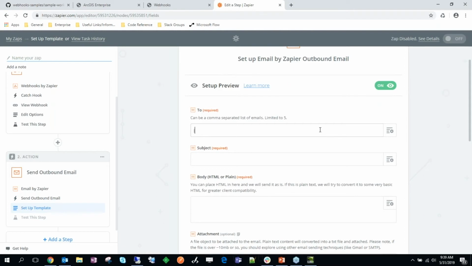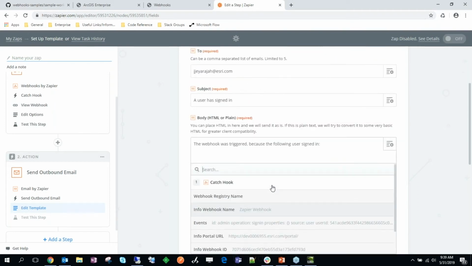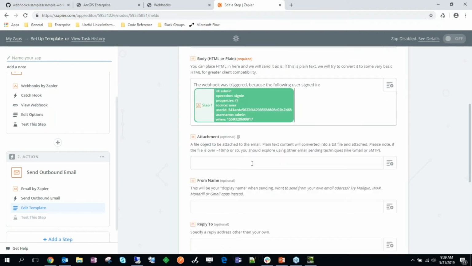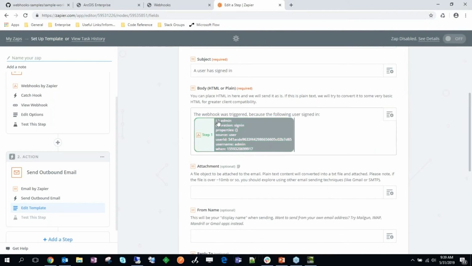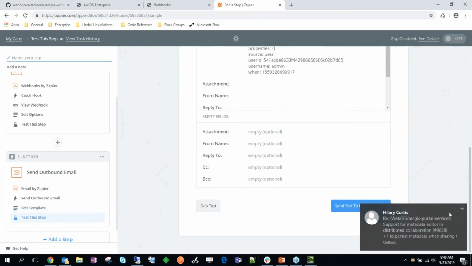And I'm going to send it, let's say, to myself. I might regret putting my email here. And then let's say the subject, I'll say a user has signed in. And then the body: the webhook was triggered because the following user signed in. Because I've sent a sample payload, I can pull in a dynamic body here. And so I'm going to add my events, let's say. That will tell me which user signed in and when they signed in. So I'll say continue, and I can send a test email